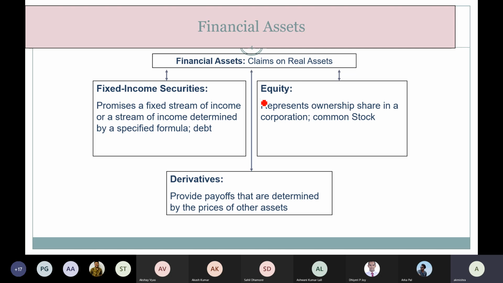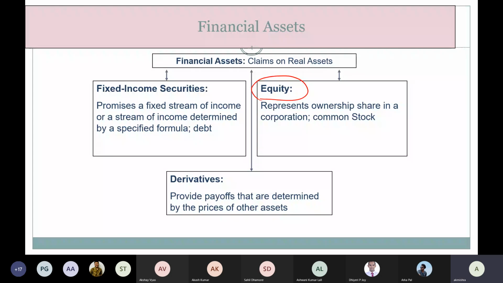And the second type of instrument is share or equity, and both will give you a kind of claim on the real assets of the issuer, basically a company, or sometimes these instruments are also issued by government. But because you cannot sell a real asset of government, by default whenever government is issuing this kind of financial asset, by definition itself we assume that government is not going to default because government has various revenue resources.